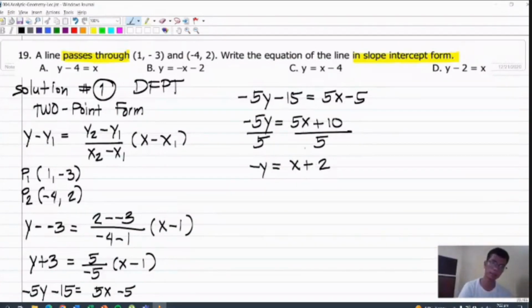And this is not the slope-intercept form, di ba? Dahil ang pattern natin sa slope-intercept form ay positive yung y. So, palitan natin yung lahat ng sign. And that will be y is equal to negative x minus 2. And this is letter